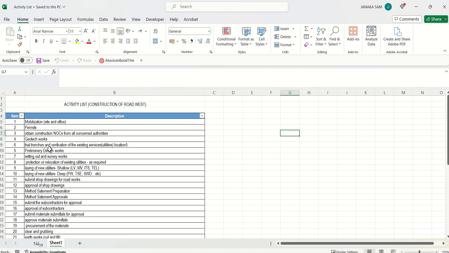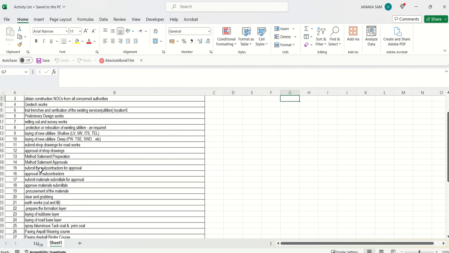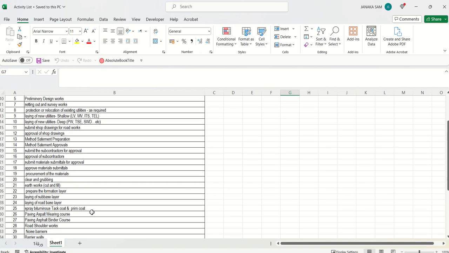It depends on where you work, what type of job you're going to do. So it really depends on that, what type of NOCs, and depending on the region to region. If you work somewhere in the Middle East, you may end up getting a lot of NOCs from authorities. Some geotechnical and site investigation work, and trial trenches and verification of the existing utilities, preliminary design works, setting out, laying of new utilities, could be shallow, deep, shop drawings, approval, method statements, and some procurement